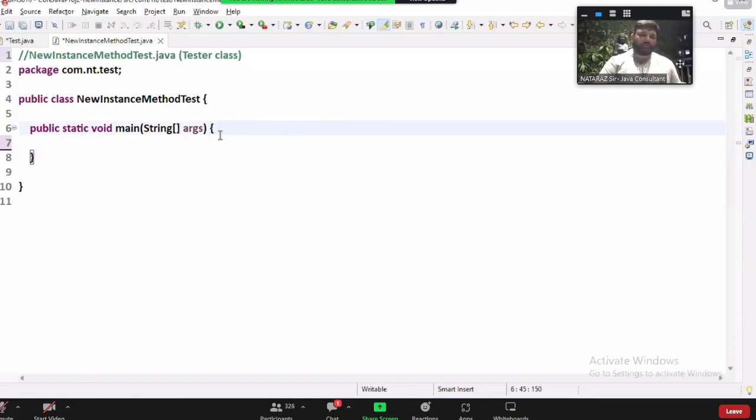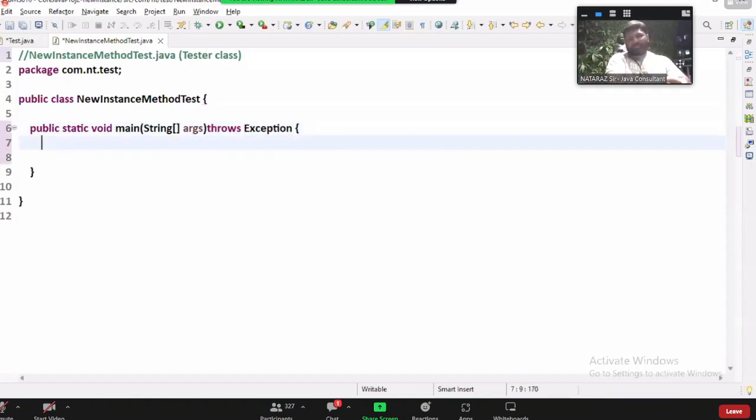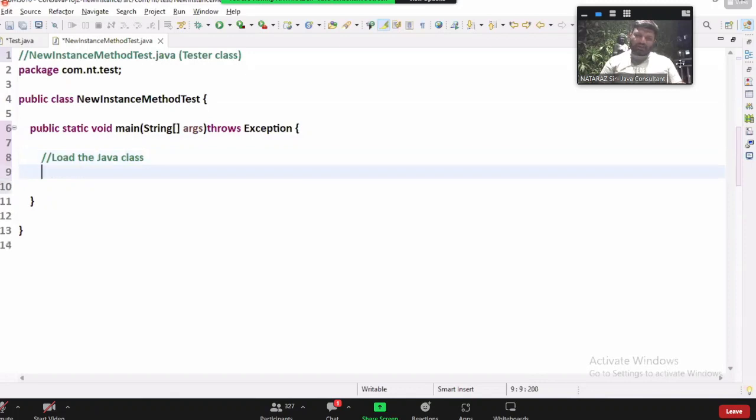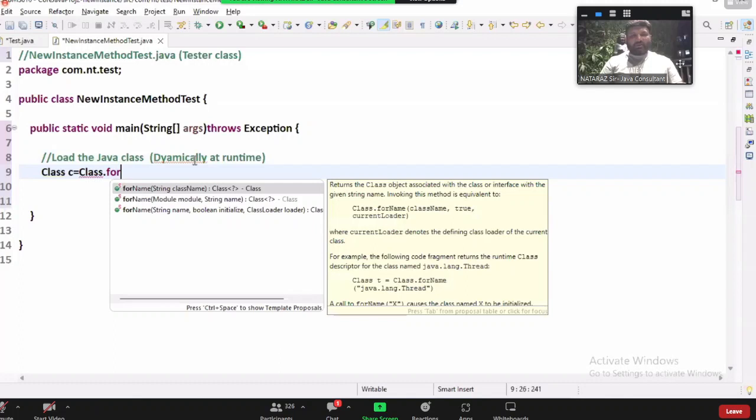Here, throws Exception. I don't want to catch and handle the exception. Now, load the class. Load the Java class dynamically at runtime. Class c is equal to